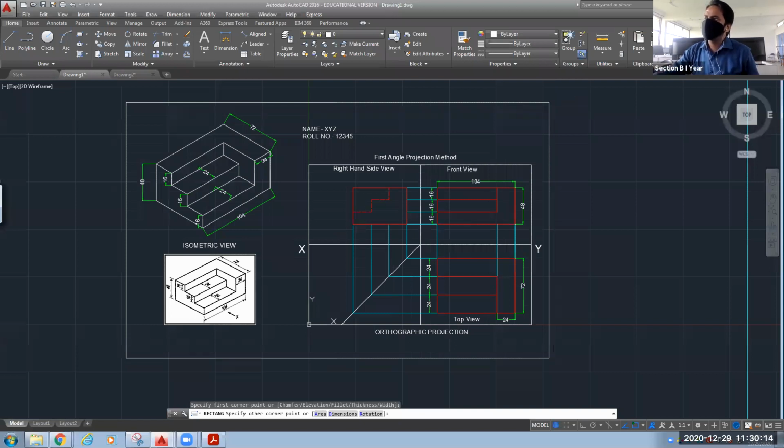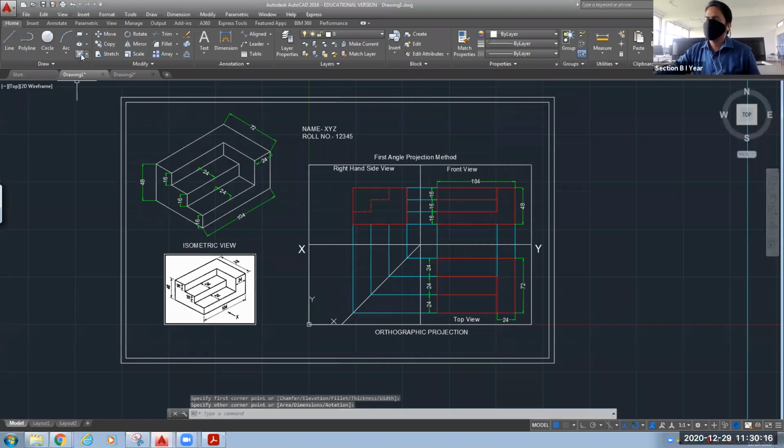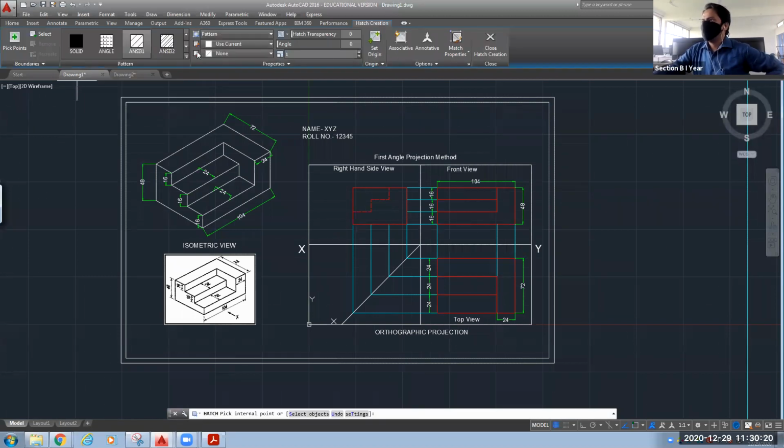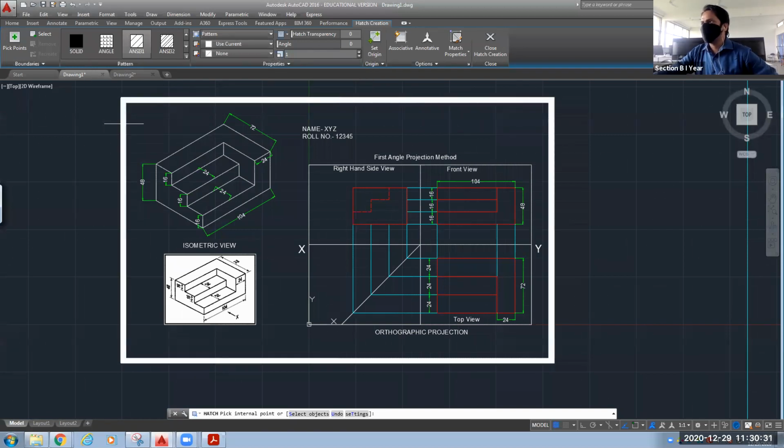In between, if you want to put some hatching, this is your hatch command. Hatch pattern, you can select it from here. Okay, angle you can specify, and inside the geometry, this you can pick.